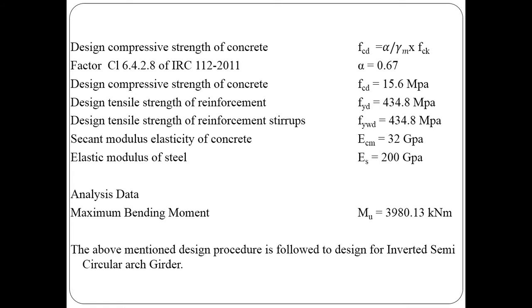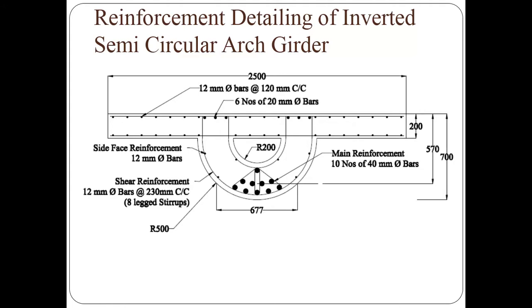Design compressive strength of the concrete FCD is 15.6 megapascal, and design tensile strength of the reinforcement is 434.8 megapascal. And elastic modulus of steel 200 GPa, and modulus of elasticity of concrete is 32 GPa. And maximum design bending moment is M equal to 3980.13 kilonewton meter. The same design procedure is followed for design of inverted semicircular arch girder. So finally the reinforcement detailing of inverted semicircular arch girder is: